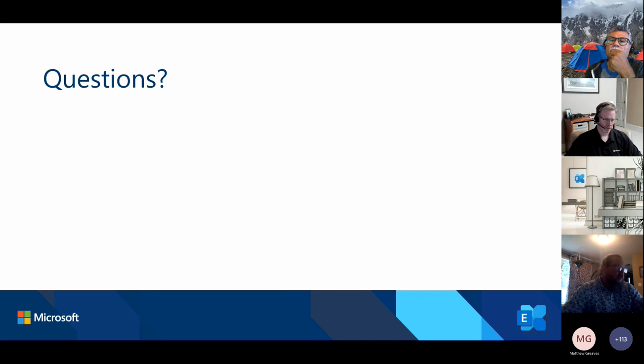Like if we're sending from an anonymous SMTP relay connection on premises from that same shared mailbox address, is that going to count against that mailbox's daily send limits, or is it strictly when it's authenticated?